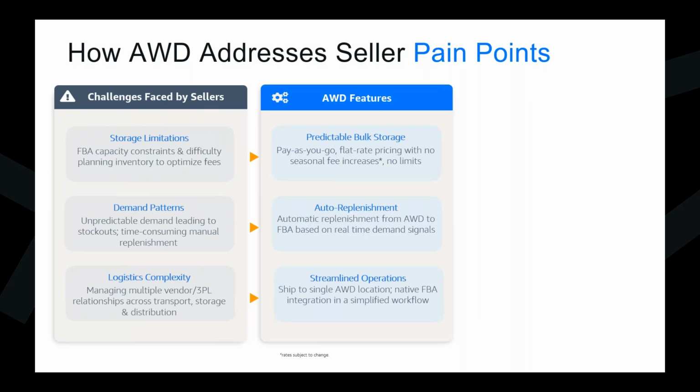So you have here the pay-as-you-go model with flat rate pricing, with no seasonal fee increases and also with no limits. For the demand patterns, you have the automatic replenishment from AWD to FBA based on real-time demand signals. For the logistics complexity, you're shipping into one single location, with native FBA integration in a simplified workflow. So it really streamlines your operations and makes it less complex.